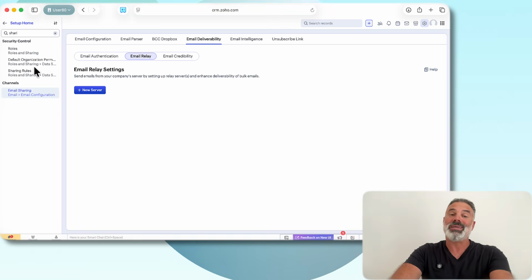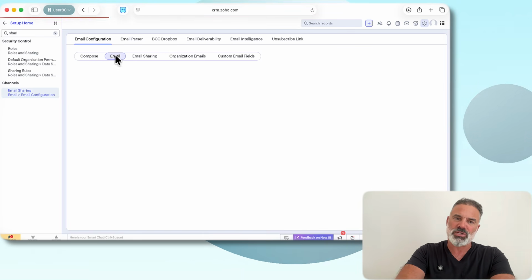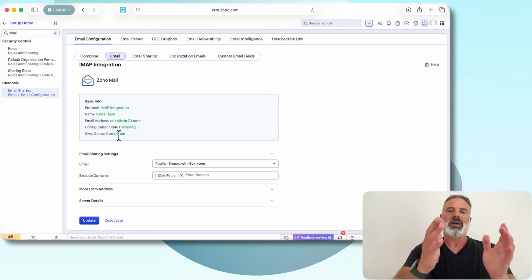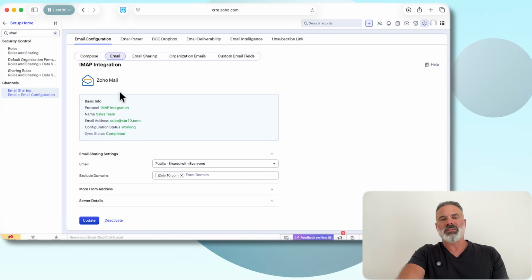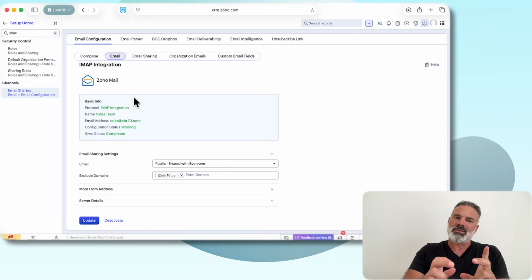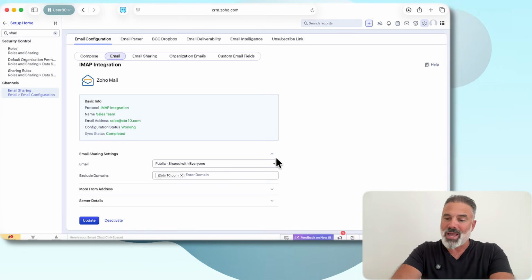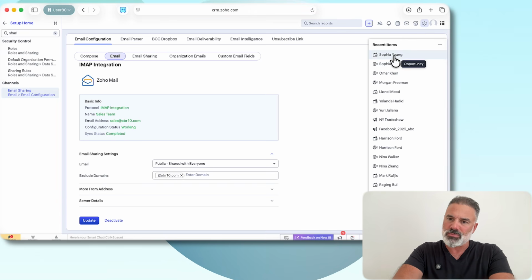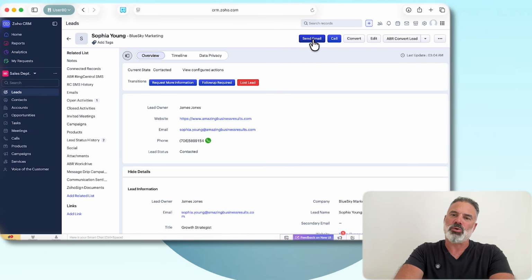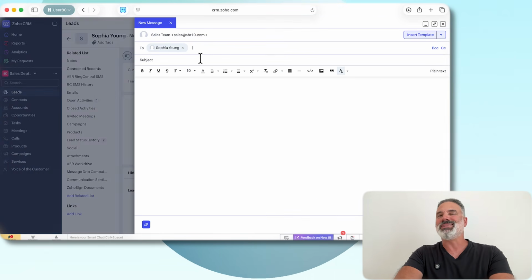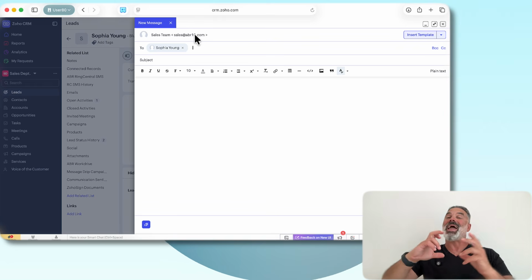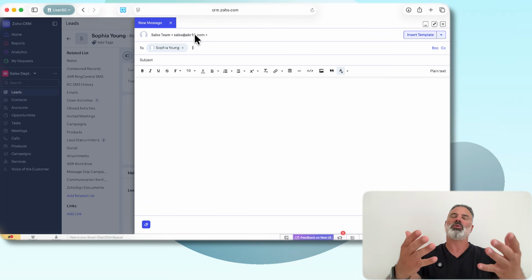So if I configure the email, for example, I went to email configuration, I went to email, and here you can see that my email is configured properly. The emails that will be sent using this integration, which means from my email address, it's only emails that are going from a record, which means I will go to a record. So let's go to a lead as an example. And from the lead, I will click on send email, which means it's an individual email. Only then my email is going to use the IMAP configuration,